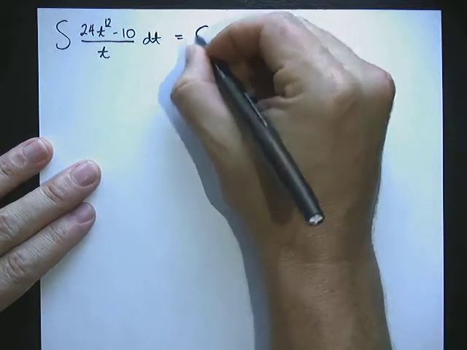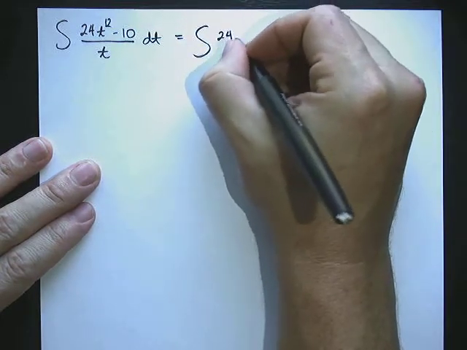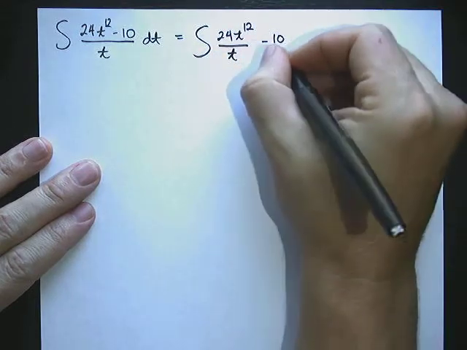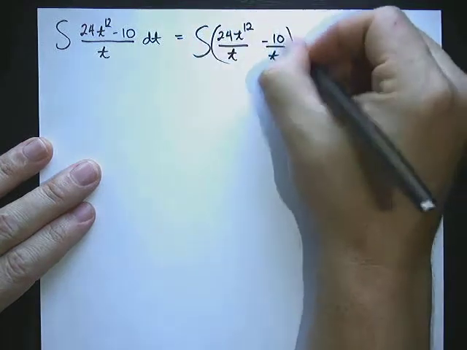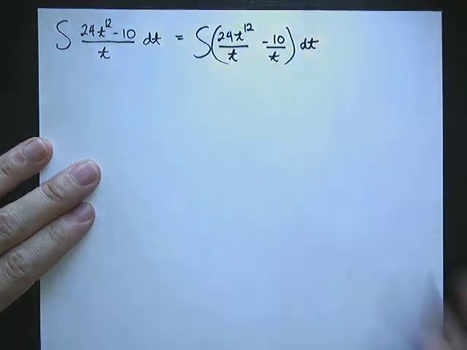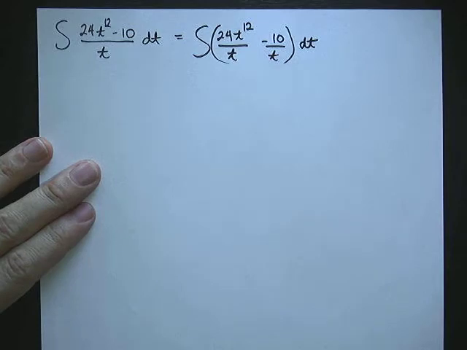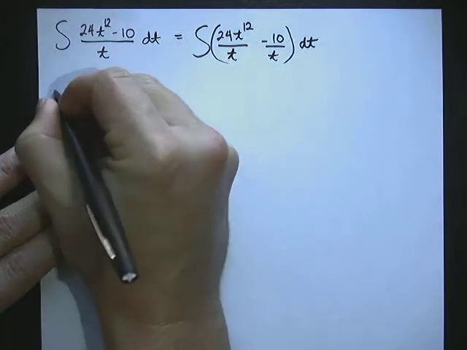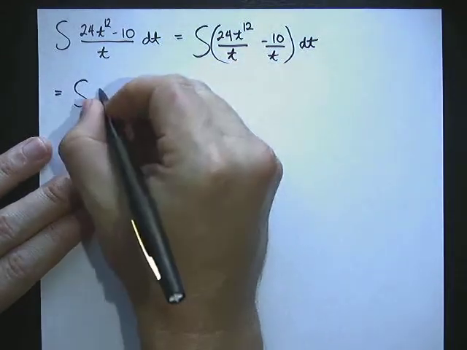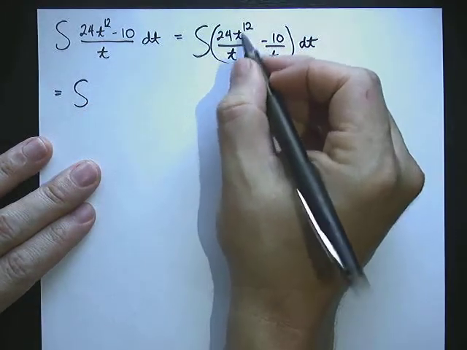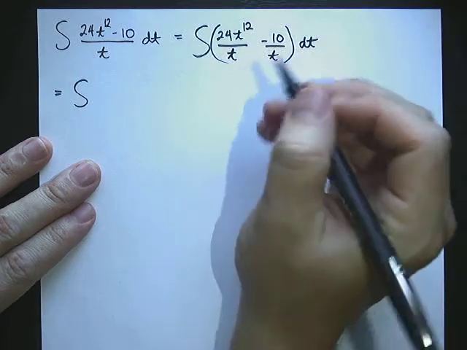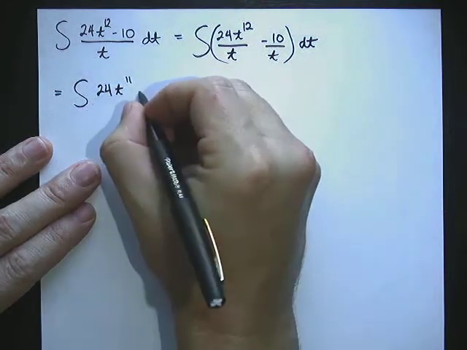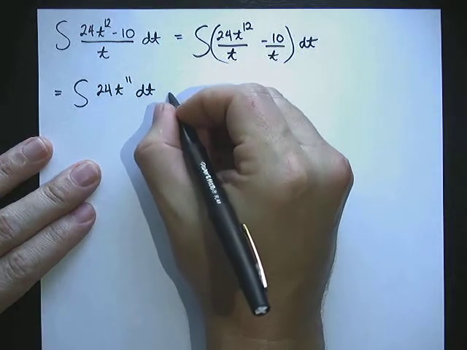So I'm going to say we have 24t to the 12th divided by t minus 10 over t, and of course this integral is with respect to t. That's our variable. Okay, and then I'm going to split these up into two separate integrals. So the first integral will be 24, and let's reduce this while we're doing that. So t to the 12th, and the t on the bottom makes t to the 11th. So 24 t to the 11th dt minus